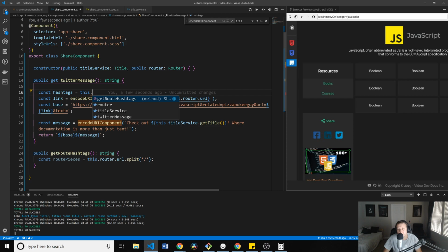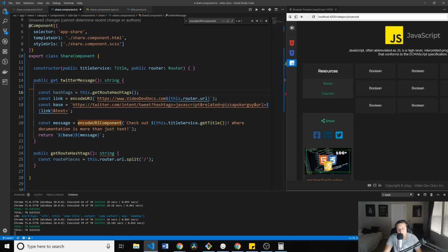Oh shit, you know what? I bet this thing, I'm gonna have to do the same thing where I bet you anything this is gonna keep any local hashtags in here. But okay, so what I'm gonna do here is I'm gonna split it off and I'm gonna make these hashtags dynamic to include JavaScript in whatever category that's there, but not category itself. So like normally it'd be category / JavaScript / arrays. We want array and we want JavaScript there, but we don't want anything else. So we would do something like